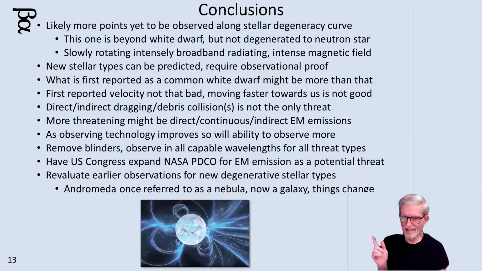If you remember back to the beginning of the 1900s, Andromeda was thought of as a nebula. And then we looked with better cameras, imagers, bigger telescopes, and we went, wait a minute, that should be a whole new category of things called galaxies. Just when you think you've got a good beat on things and you know how everything's going to be, as your observing improves, your instruments improve, you look more often, you might have to recategorize things.